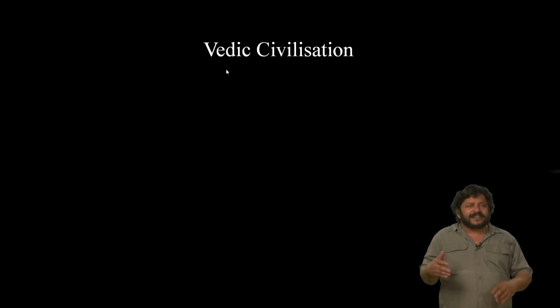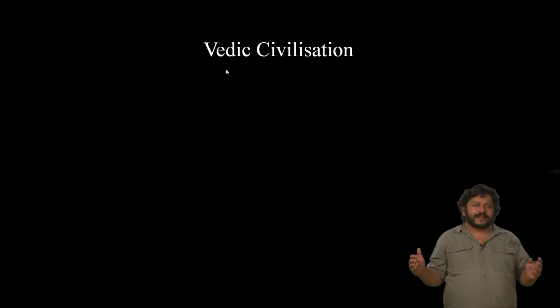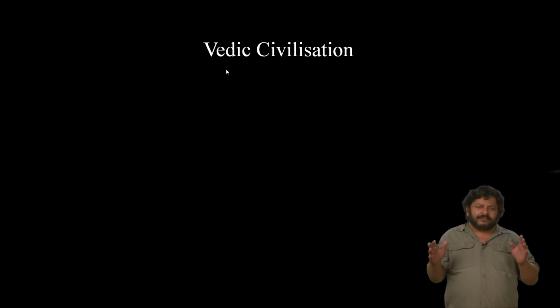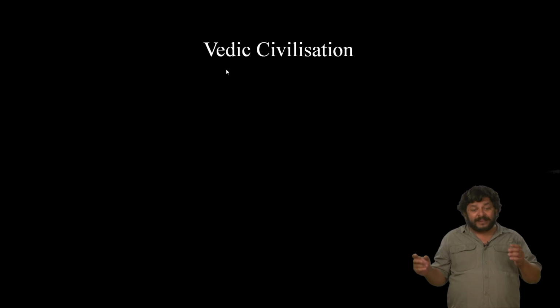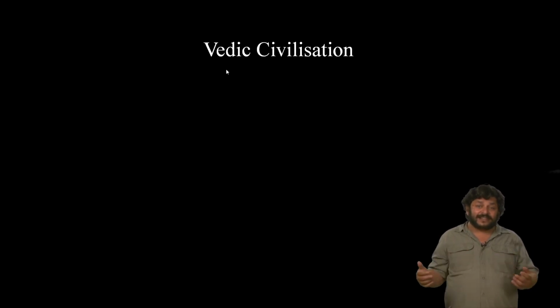The Indus Valley civilization goes into decline sometime around 1700 to 1500 BCE, largely as a result of changes in the environment. There are big floods. We have a whole geological record of how the climate must have changed and how the landscape changed, and this whole civilization went into decline.